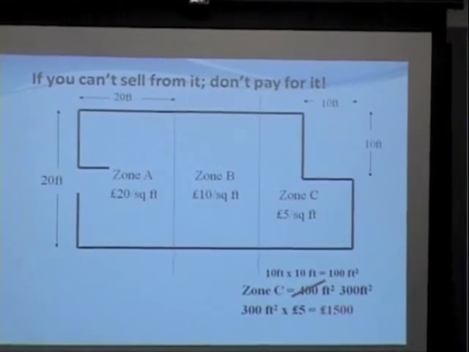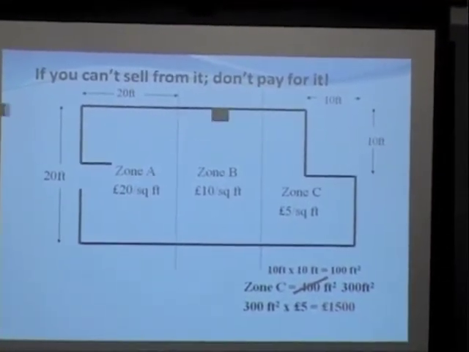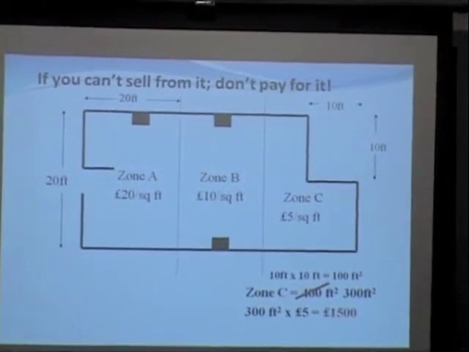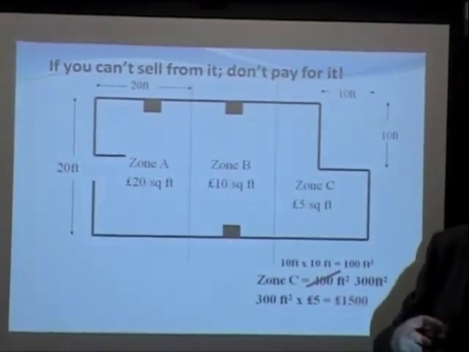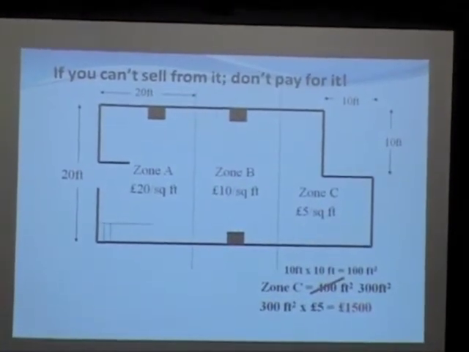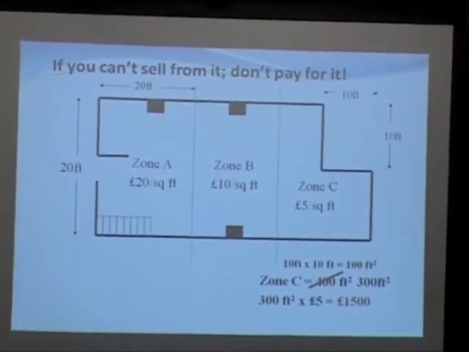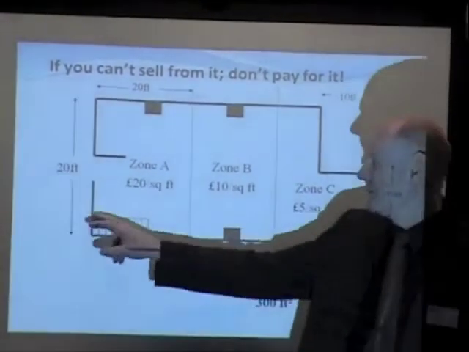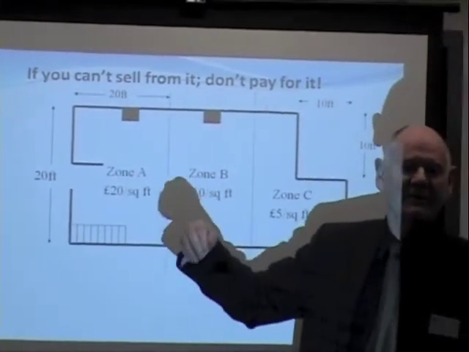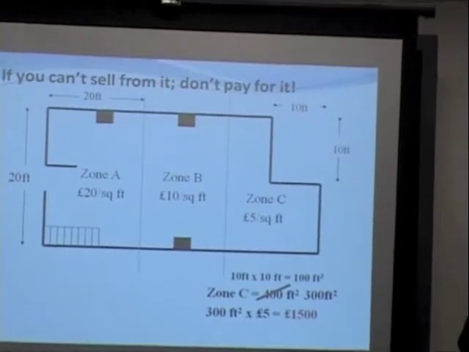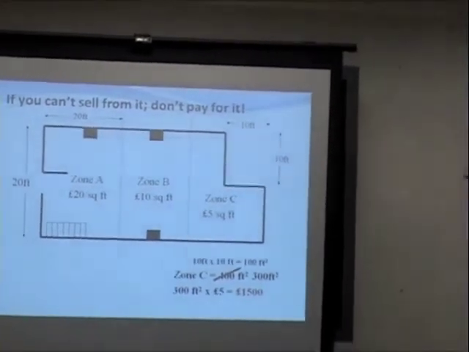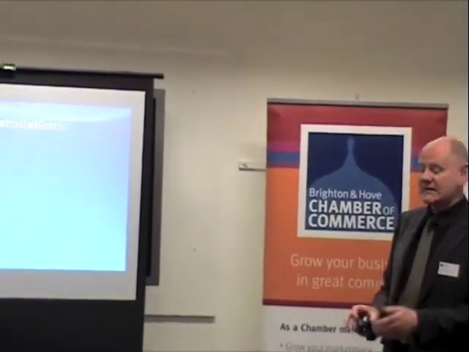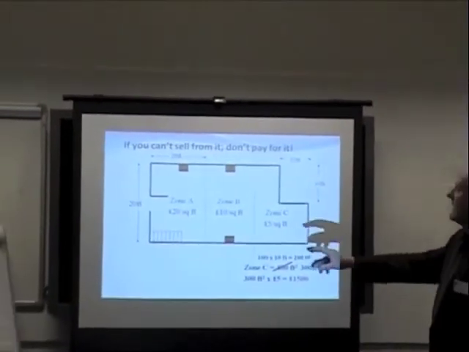Now, not only do you take out bits like that you can't sell from, but if you've got some pillars holding up your roof, well, then you take those out as well. So this pillar might be 2 foot by 1 foot, you measure it, you deduct it. If you've got some stairs going up to the upper parts, maybe going upstairs to a storeroom or a stockroom, well, you take those out as well, because you can't sell from that. So that comes out. Anything that is on the floor that literally interferes with the footprint of your shop, they take it out. So, in this instance, when you're doing your calculations, that zone A there,